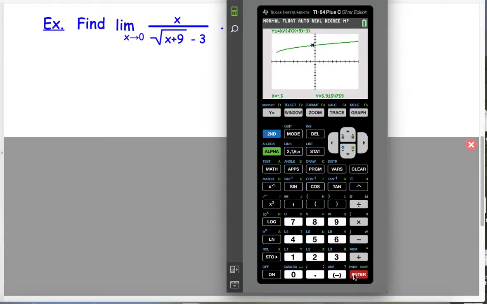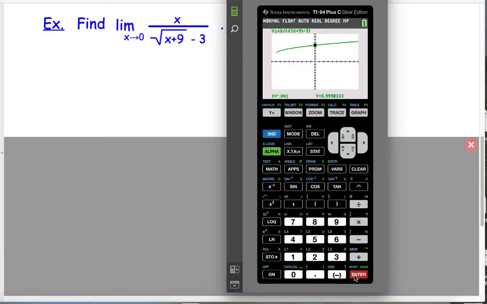How about if I was even closer to x equals 0, like -0.1? Now my y value is 5.98. So does it seem like I'm approaching a specific y value? Let me get a little closer to x equals 0. How about -0.001? Oh boy, I'm at 5.99983. So I think it's a pretty good guess that it looks like I'm getting close to 6 as x gets